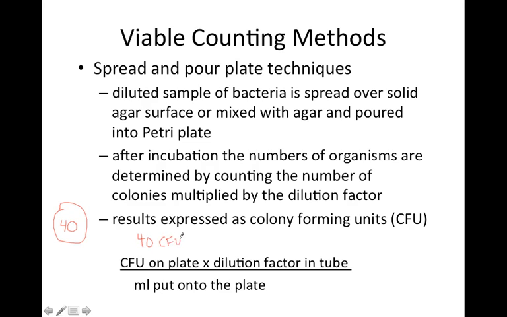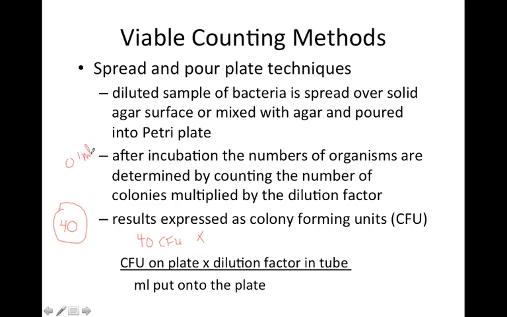And then I'm going to times it by the dilution factor of the tube, but I need to take the negative out because I have this on the top of my equation here. So I would times this by the dilution factor of the tube that I took some of and put onto this plate. So if I took, let's say, 0.1 mils,